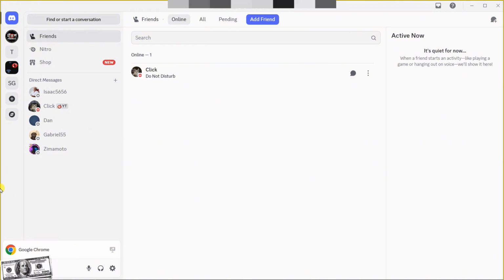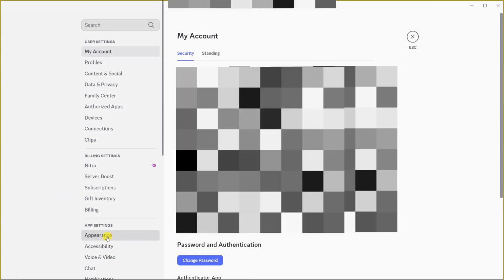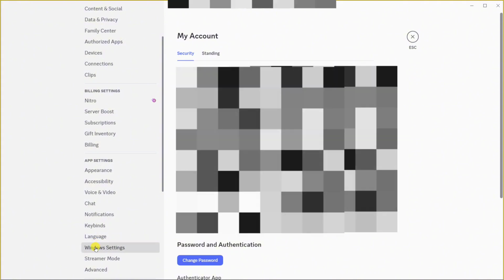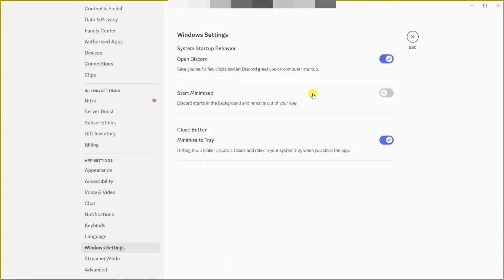Now, once you're here, go ahead and head over into the user settings by clicking on the gear icon at the bottom left of your screen. Scroll down and look for the Windows settings on the left sidebar of your settings page. So click on Windows settings, and in here go ahead and disable open Discord, which you'll find under the system